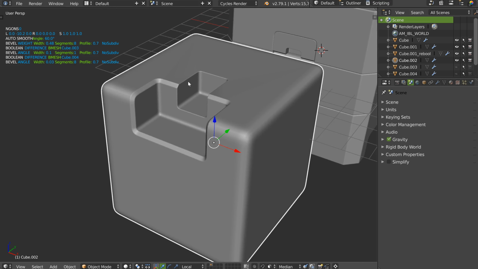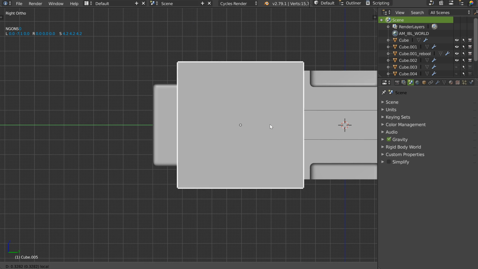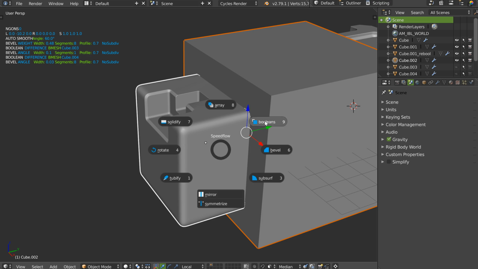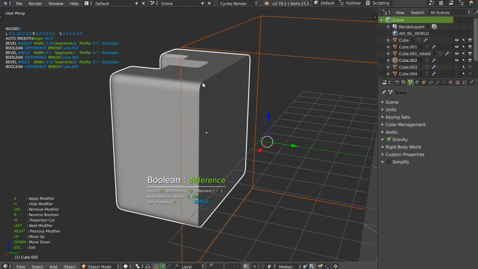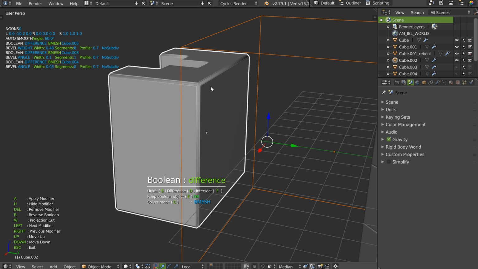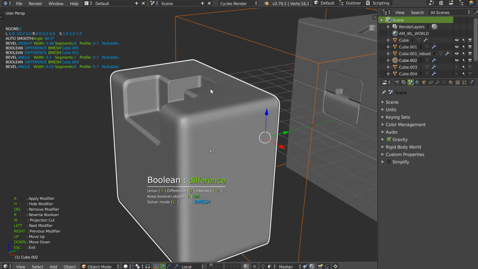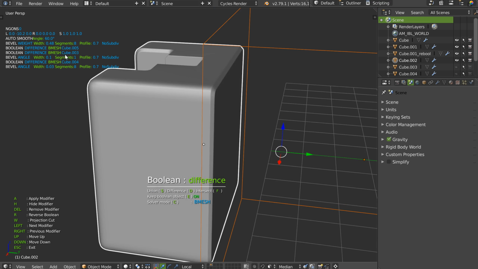I can of course make a boolean. I will just press Shift and add this. You can make your boolean, but you will have to choose on which bevel you want it, under which bevel you want it. Here I don't have a bevel. If I move here I have a bevel. If I move one other time I have this one, and one other time I have this one, but it's not what I wanted. So as you can see, you can edit your model to have exactly what you want.